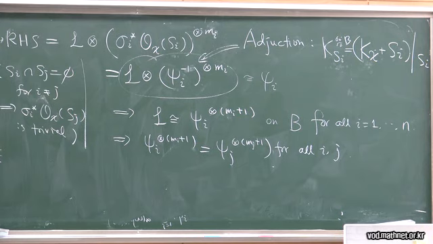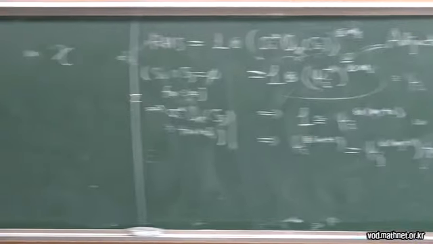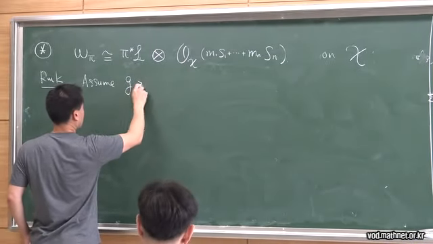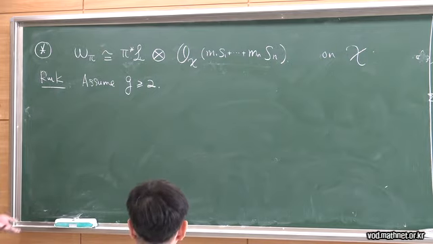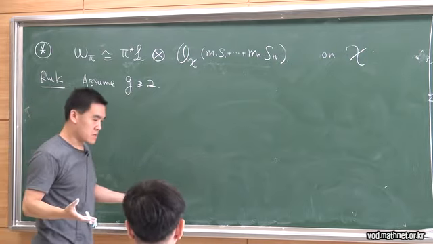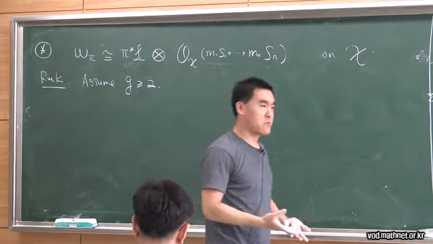So let me put two remarks which I'm going to use, and without much explanation. This actually is not too hard. First, let's assume, which is not too bad to assume, that the genus is bigger than or equal to 2. This is pretty harmless, because if genus is 0, I already explained the space is more or less affine